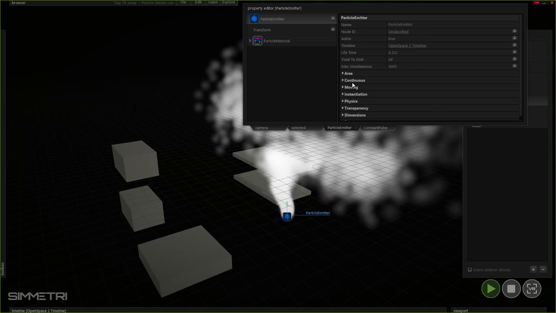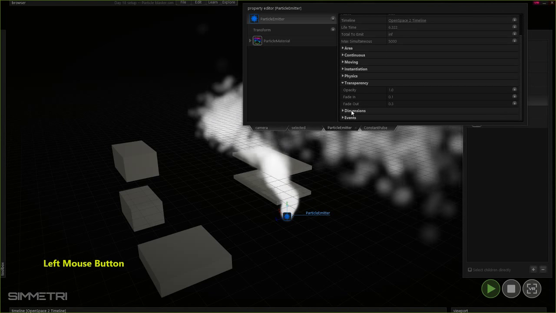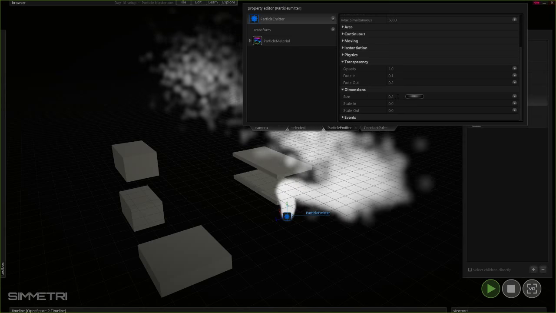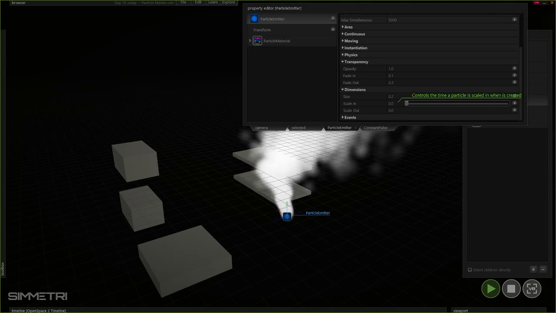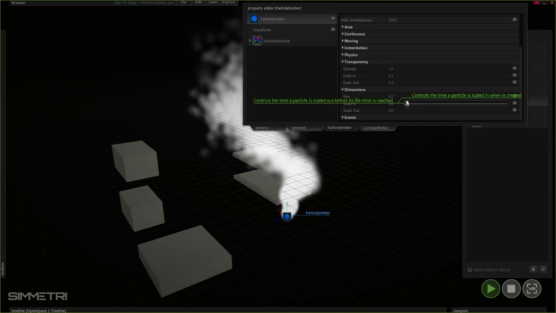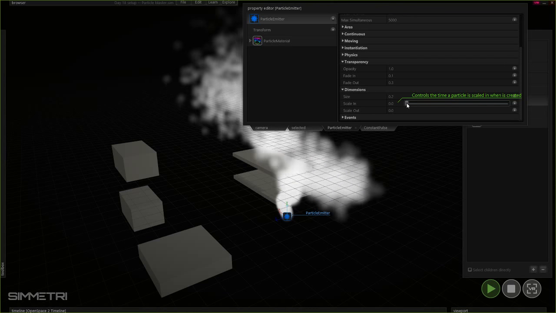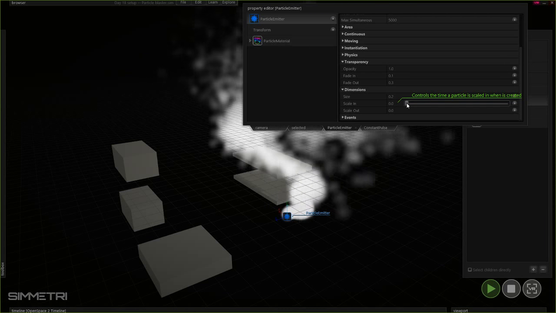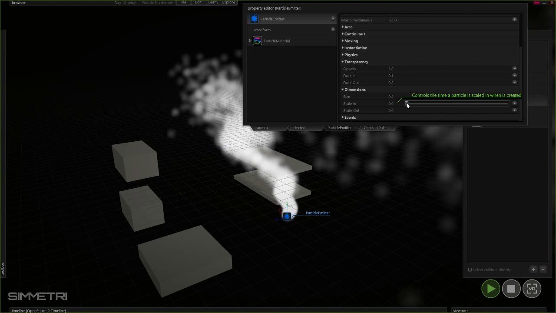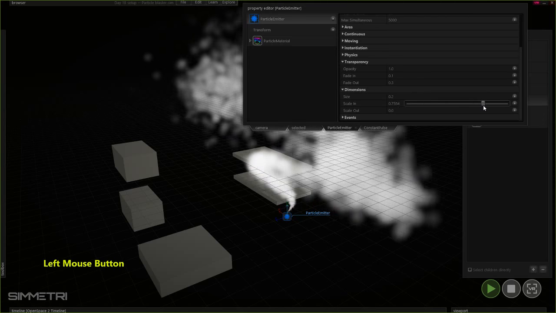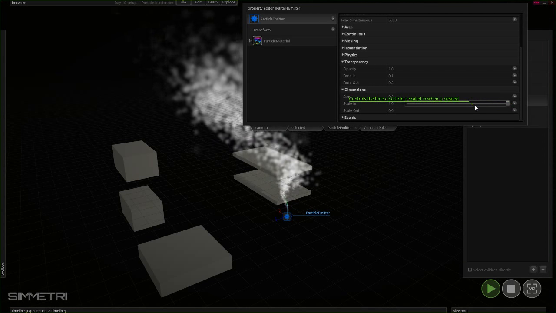Let's take a look at some of the other properties. Dimensions and transparency. Dimensions is the overall size of that particle, and then you've got a scaling in and a scaling out. When scale in is 0, that means it's not scaling at all. It's not changing its size as the particle starts in. If I change the scale in to 1, it'll go from 0 to a full size,